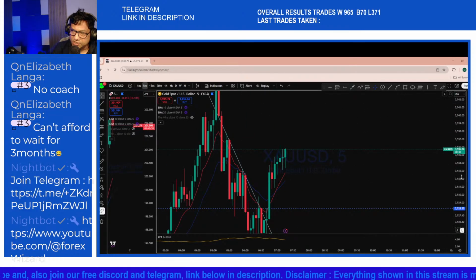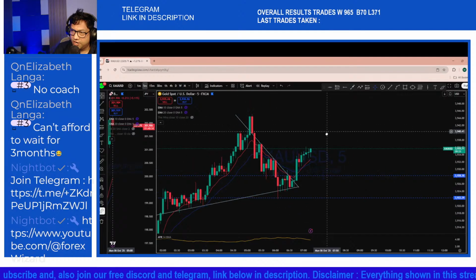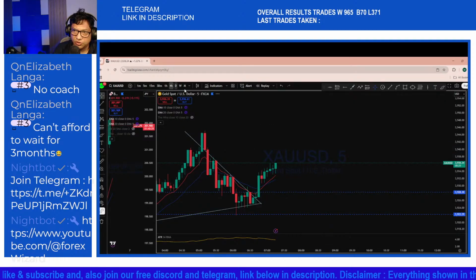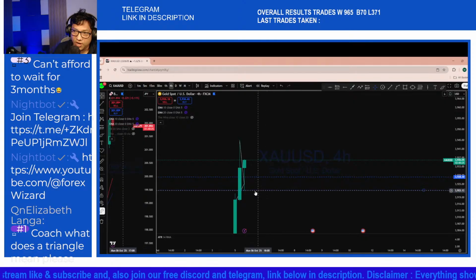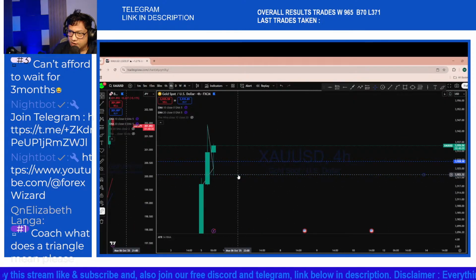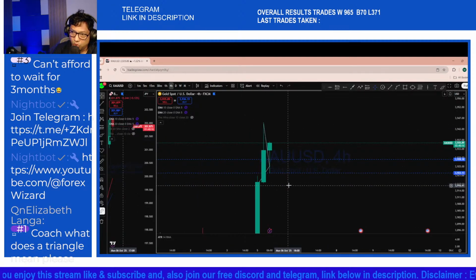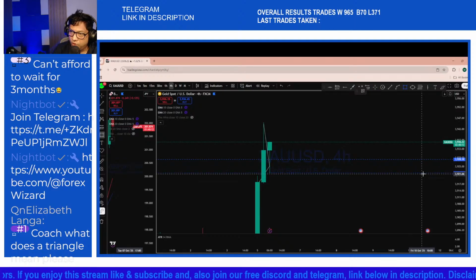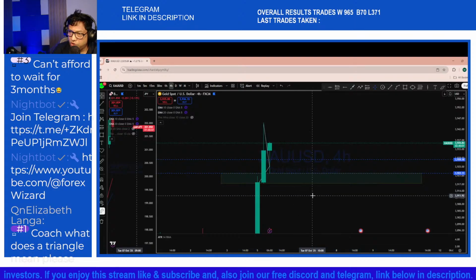Okay, so we can see that with this breakup structure from this triangular pattern, the market has now started to trend again in the major direction of the trend. We will be waiting for an entry from this intraday support level. If you look, you can see currently 2.5 hours remaining for this 4-hour candle to close, and I think that's where a possible entry opportunity comes up for this session,